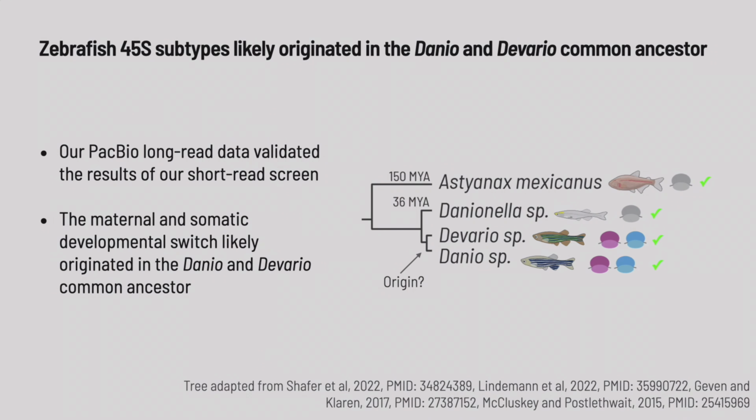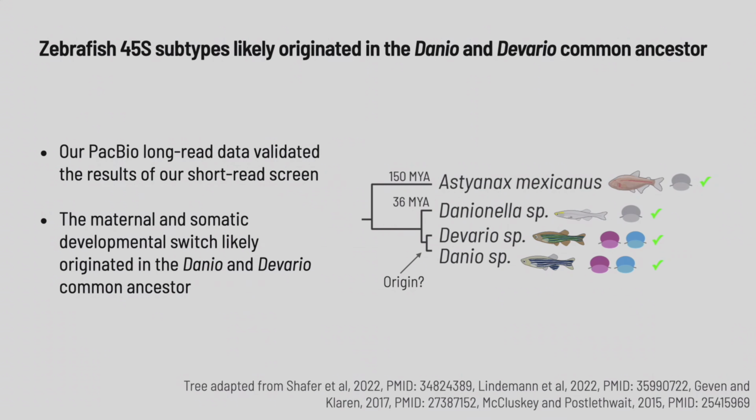And we were able to validate this with long-read sequencing because, as I was saying earlier, short-read sequencing gave us an answer of maybe which species could be good candidates, but we really needed a long read to validate that these different sequences existed within a single genome. And we did this with PacBio long-read data that we generated in-house at the Stowers Institute, and we validated that